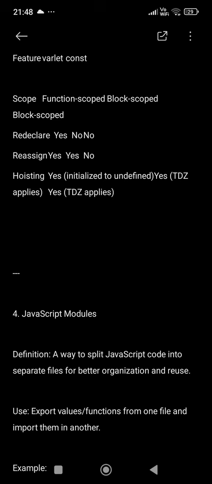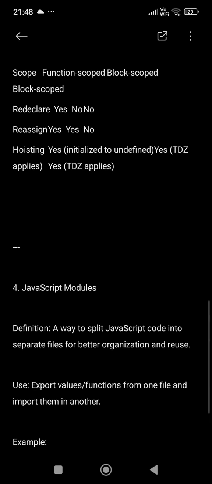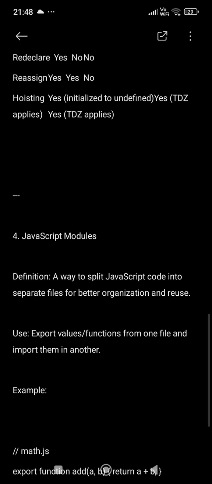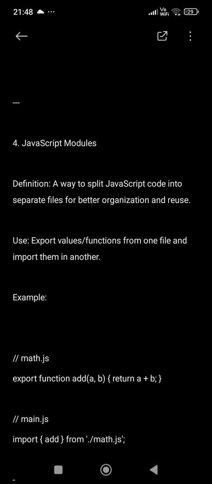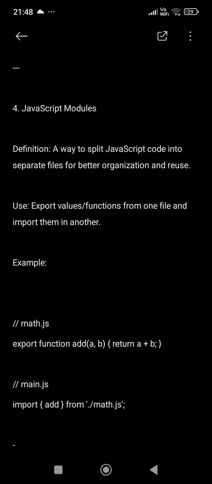Definition. A way to split JavaScript code into separate files for better organization and reuse. The uses of JavaScript modules are to export values or functions from one file and import them in another. Example. Here we are using a function named add and we are giving some arguments a, b